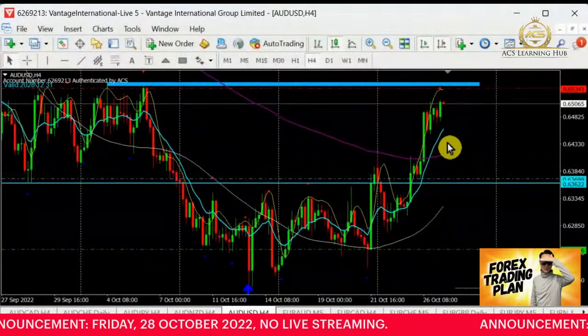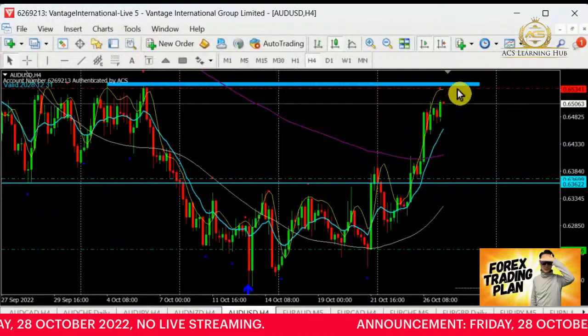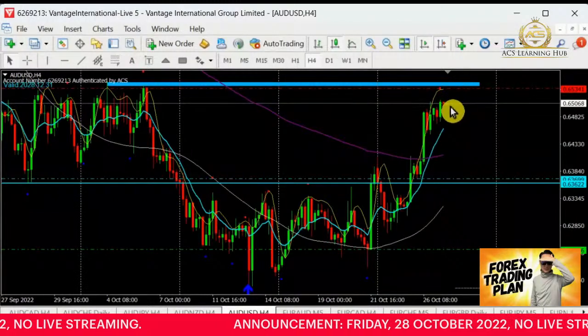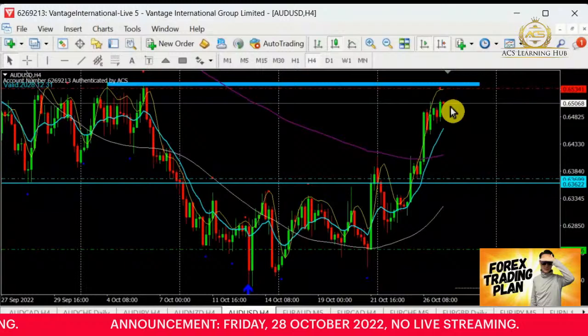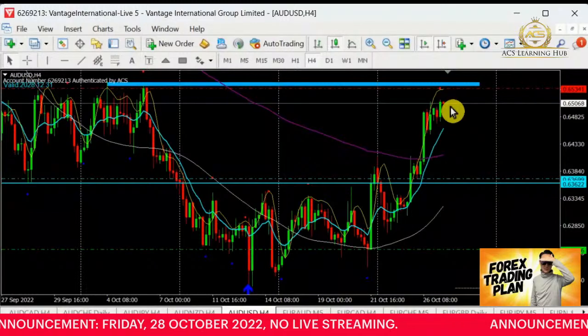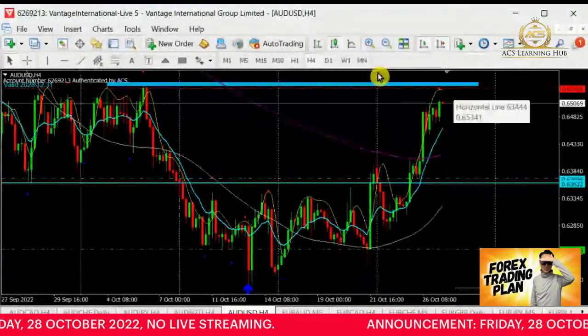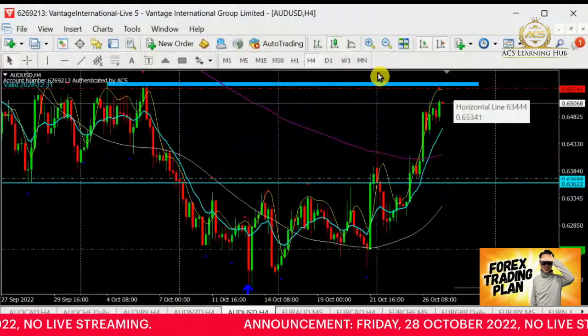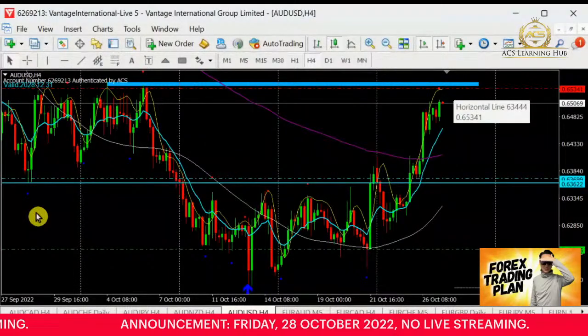As for buyers who want to buy along these 30 over pips to grab this profit, yes, you can. However, I would prefer you to go for a scalp because you are getting nearer to the resistance. This is something to take note of. So for Aussie dollar, we have to wait.